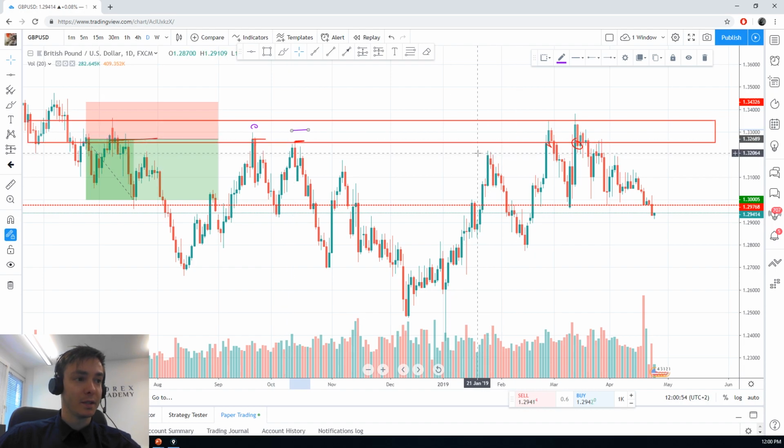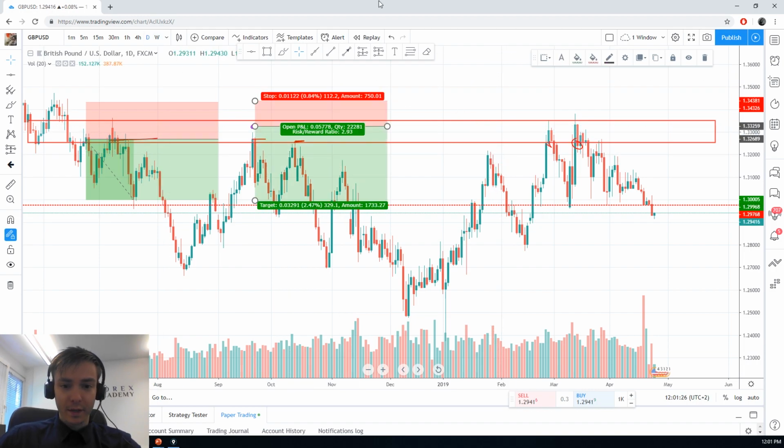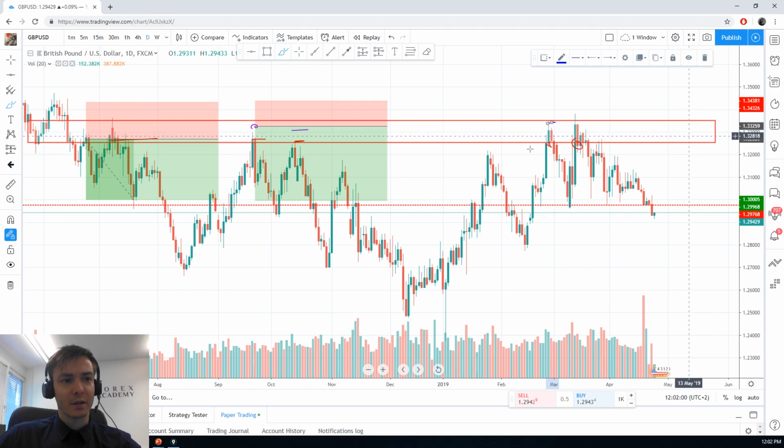But for me, this is not so nice level for this entry in case of this daily time frame. So now you can see that with a different area of entry, you got much bigger risk reward ratio and you are risking much less, let's say. And the last, third type of strategic opening could be this level, the edge of this resistance, could be here. It means that you will get great risk reward ratio, but less probability that the order will